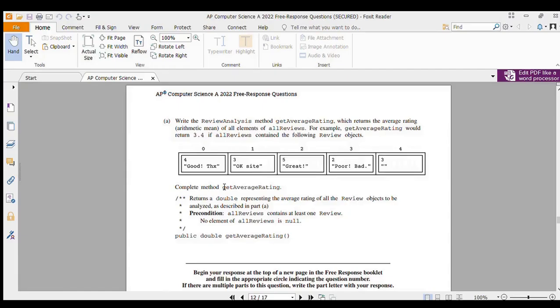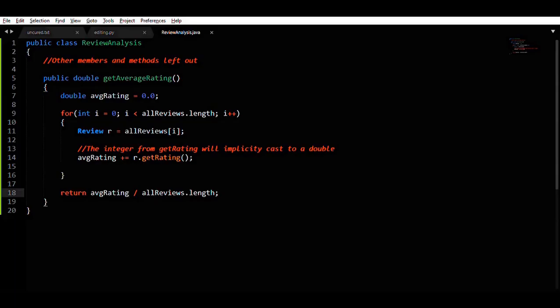For question 3a, you're writing the ReviewAnalysis method getAverageRating, which returns the average rating of all the elements of allReviews. For the code for 3a, you're initializing an averageRating double variable to 0.0. You're going through all the reviews, so for int i equals 0, i less than allReviews.length, i++. You're giving yourself a dummy R variable, R equals the current review,